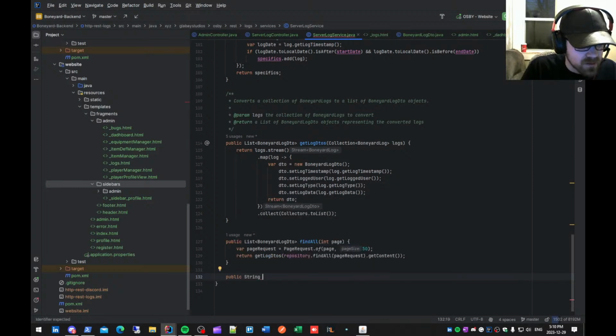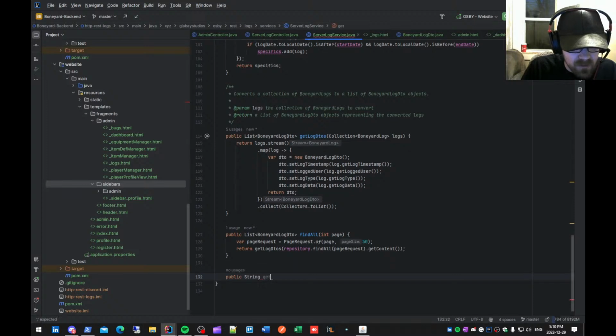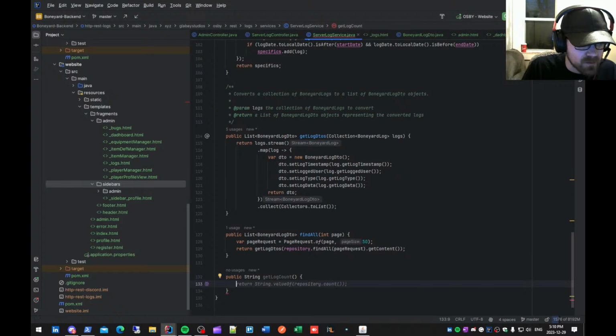This is going to be get log count, and in here we're just going to simply come down here and yep, that's right, do that,